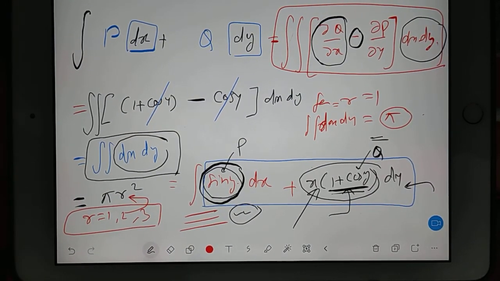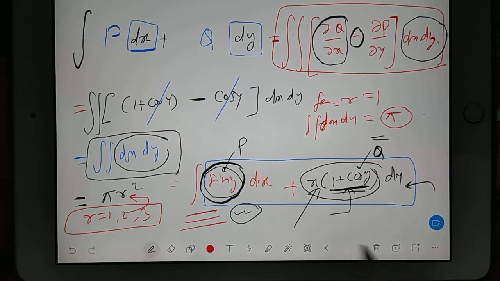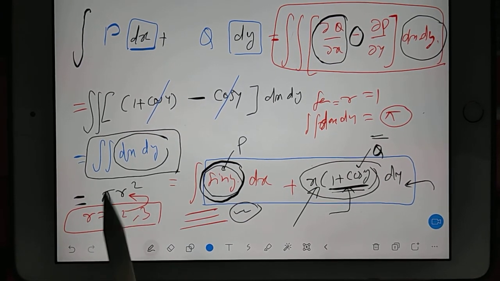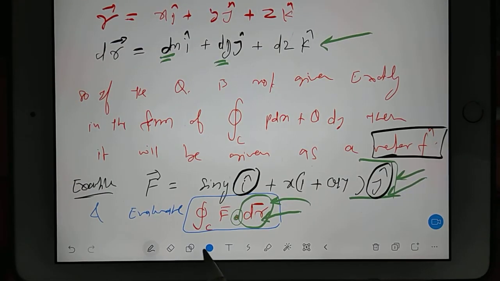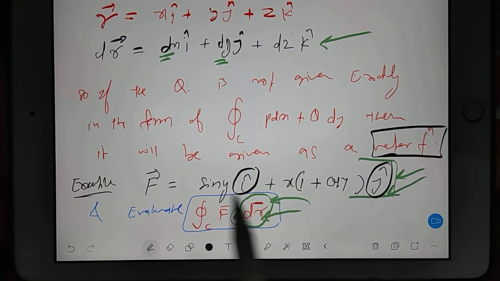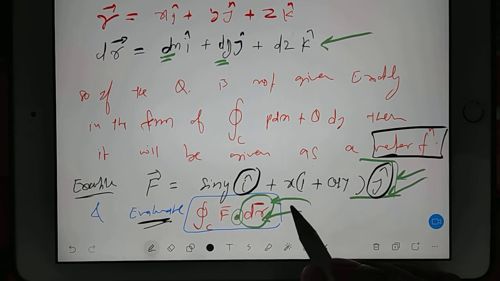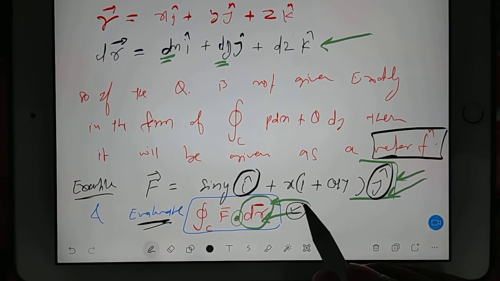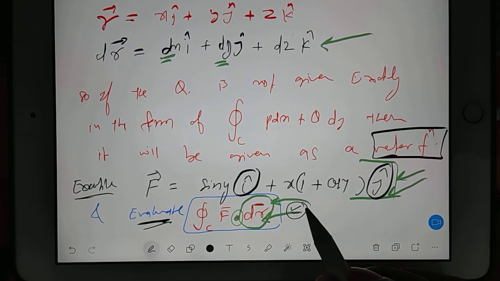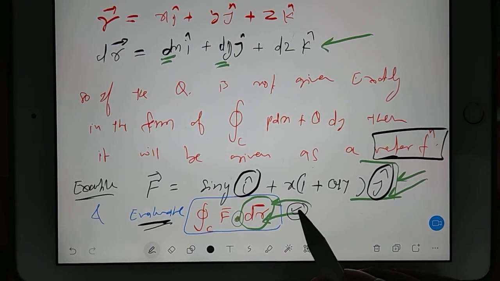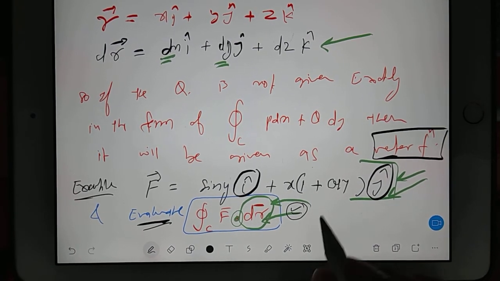Take down. And see, how can I write that pi r square? They must mention it in the question itself. I am jumping to the question that in this example, evaluate this. So when you are going to evaluate this, then here itself you should design your path, on which path you want to integrate this. So the path you must mention. So mention here.